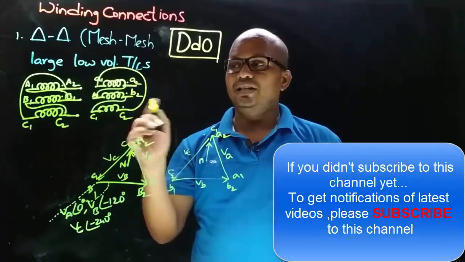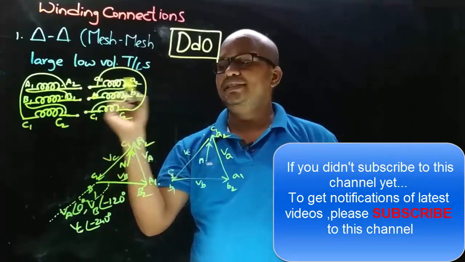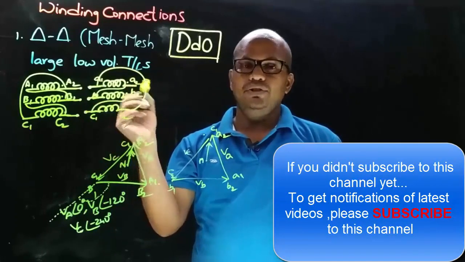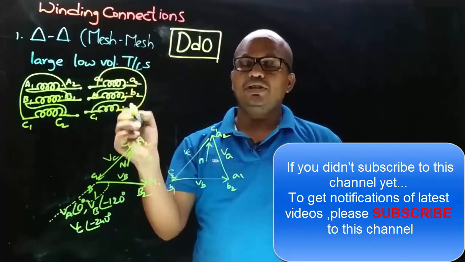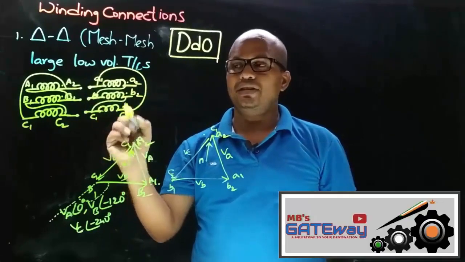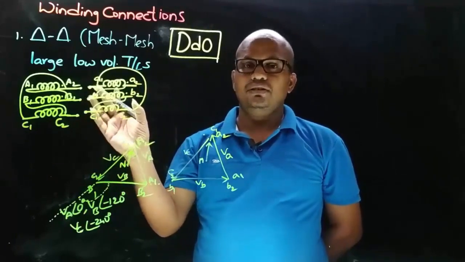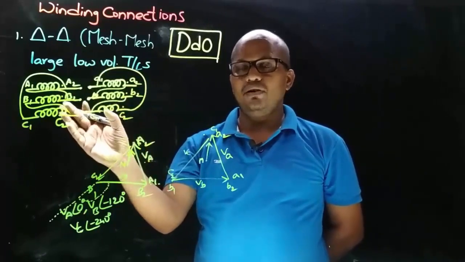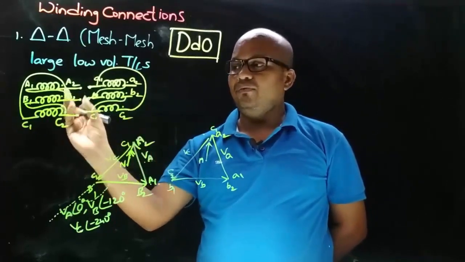Okay, and here we are taking connections from A1, B1 and C1, and previously we joined the non-dot end with dot end, and we took the winding connections from A2, B2 and C2, that is we took the connections from dot ends, and in this case we are taking the connections from non-dot ends. Okay, and we join here dot end with non-dot end. So this is the other way of obtaining delta connection. Okay, so for this now we need to draw the phasor diagram. Okay, for understanding, let's draw the phasor diagram for this connection.